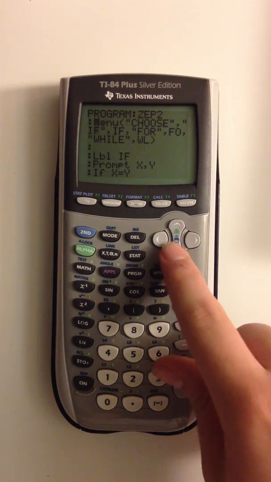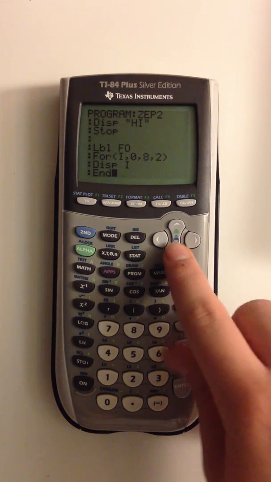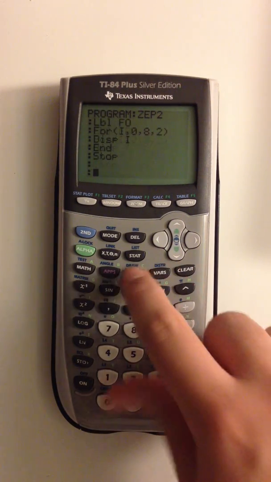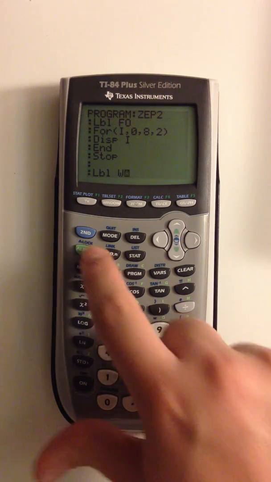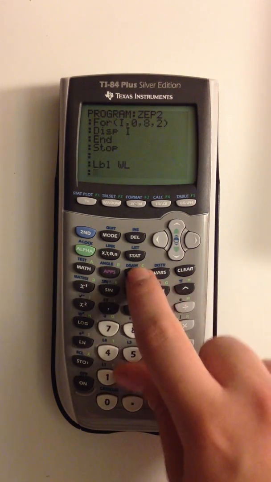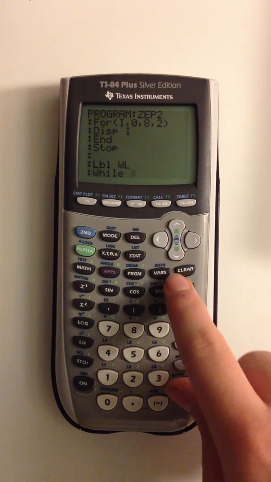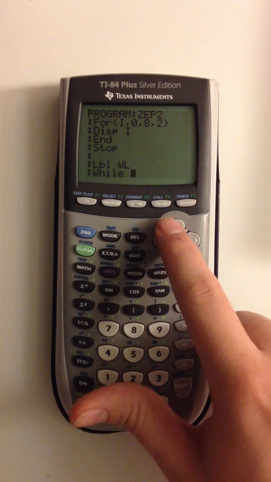We'll edit this again. I'll just quickly add the while loop, which was labeled WL. All I need to do is enter the stop, which is alpha F. Then add a label, which was WL. And we'll add a while loop. Now the while loop, you give it one conditional. And our conditional will be, we'll